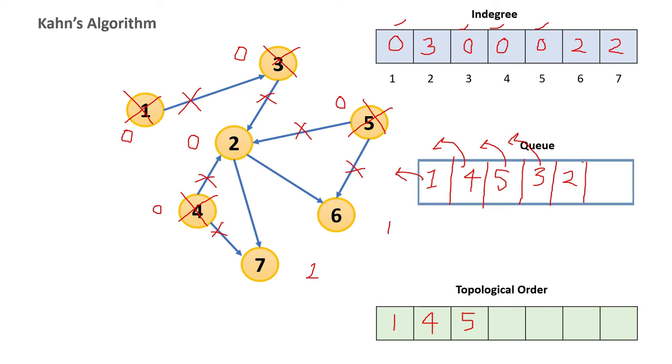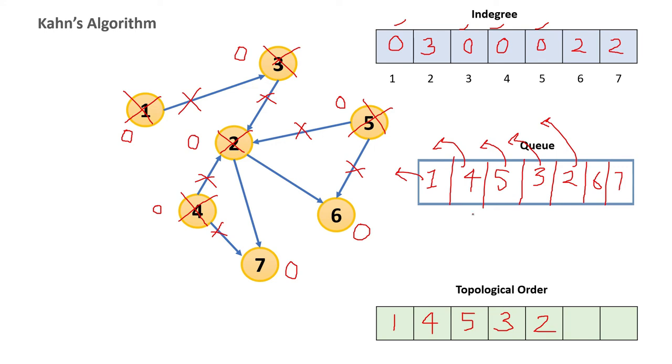Now the next thing which I have to take from Q is 2, and before that I have to mention 3 here. So when 2 is removed, we have to check 2's neighbors, that is 7 and 6. Both of their in degree values will be reduced by 1, so both of them will now be 0. And as they become 0, they will be picked by the Q. So 6 will be the new one and 7 also. And here 2 will come.